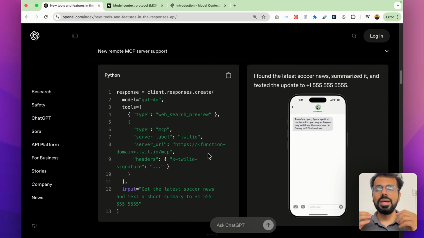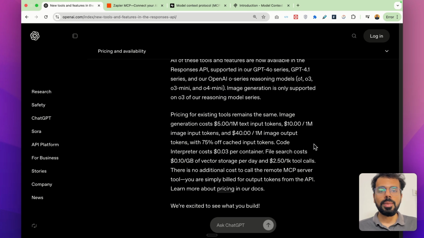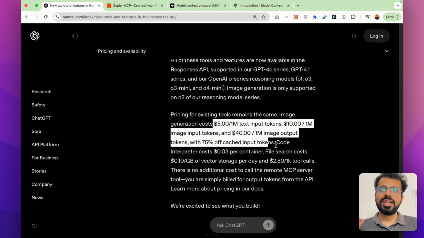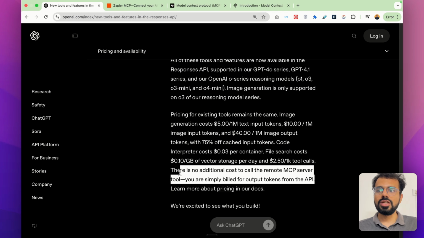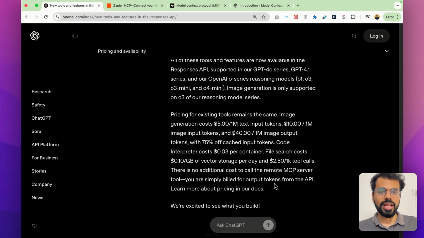So this enables a lot more use cases, and all of this without integrating multiple APIs in your app. Basically, what you can do right now is build a chatbot using the Responses API and then hook up multiple MCPs to it, and they can perform all the things on these different platforms. Finally, coming to the pricing, all the things around text generation and image generation remain the same, and there is no additional cost for using any MCP server or calling it. Just try to build something out of it.